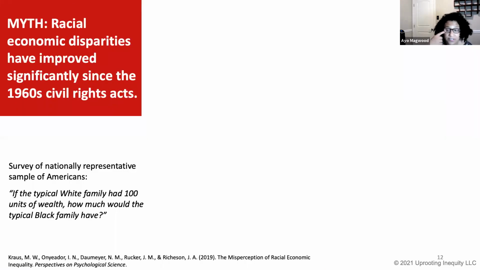And here's another example. Remember, I told you that our individualism leads us to vast misperceptions. We vastly overestimate the amount of mobility: rags to riches, the American dream, equal opportunity, the ability to get ahead if we work hard. I don't want to barrage you with data, I'm a data nerd and I tend to do that, but I'll show you one that's very specific to racism. Again, we vastly overestimate the degree to which racial economic disparities have improved since the 1960s. We think it's gotten so much better.